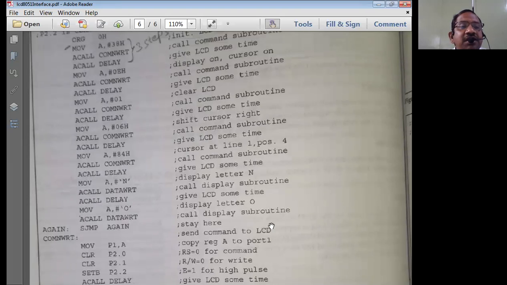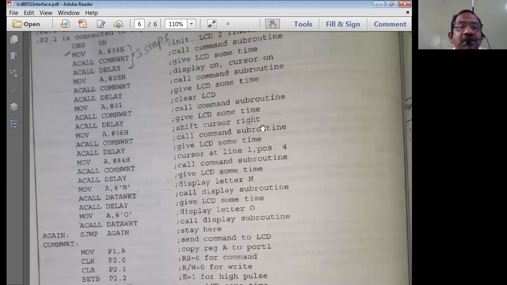It is incremented and shifted towards the right. Then the same set of instructions follow. After this executes, the cursor will be shifting towards the right by one character. So that is how it happens. The next instruction is cursor at line 1, position 1. Now move 84A.